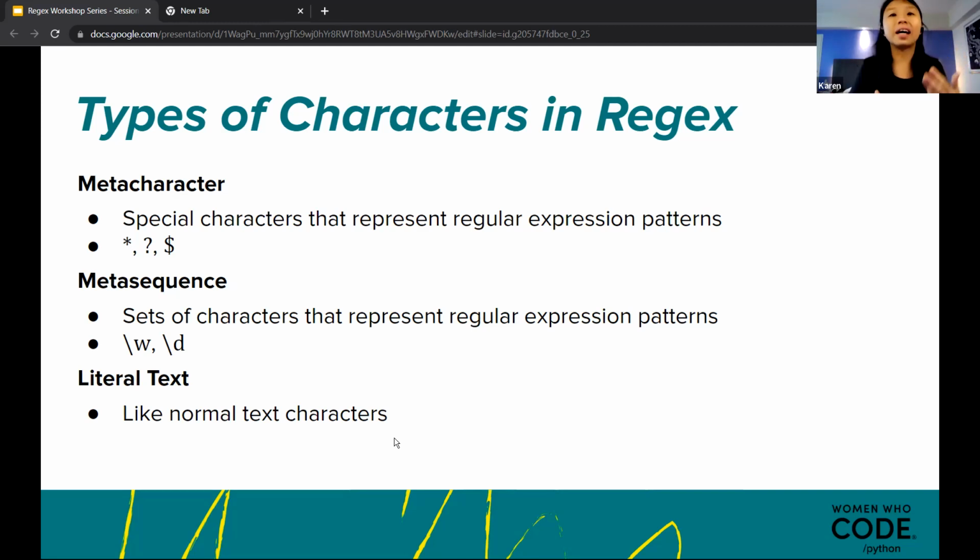Once you get practice and get used to it, then we will go step by step, knowing okay, this is what we do, this is how we do groupings and stuff. So in the next couple of sessions, what we want to do is talk about the introduction of certain metacharacters or metasequences, and then the methods, and then we do tons of exercises, just tons of exercises to get used to it. Because this is the only way to get used to regular expression.